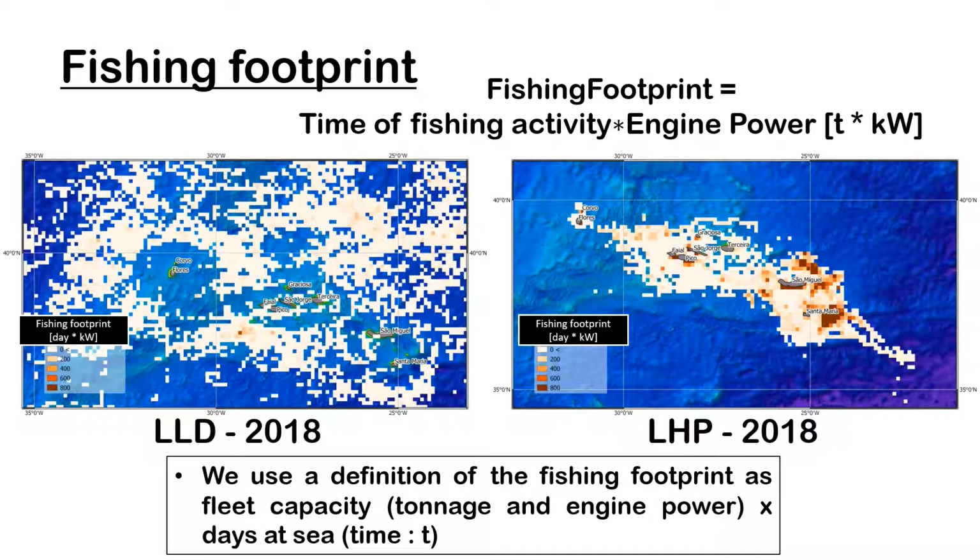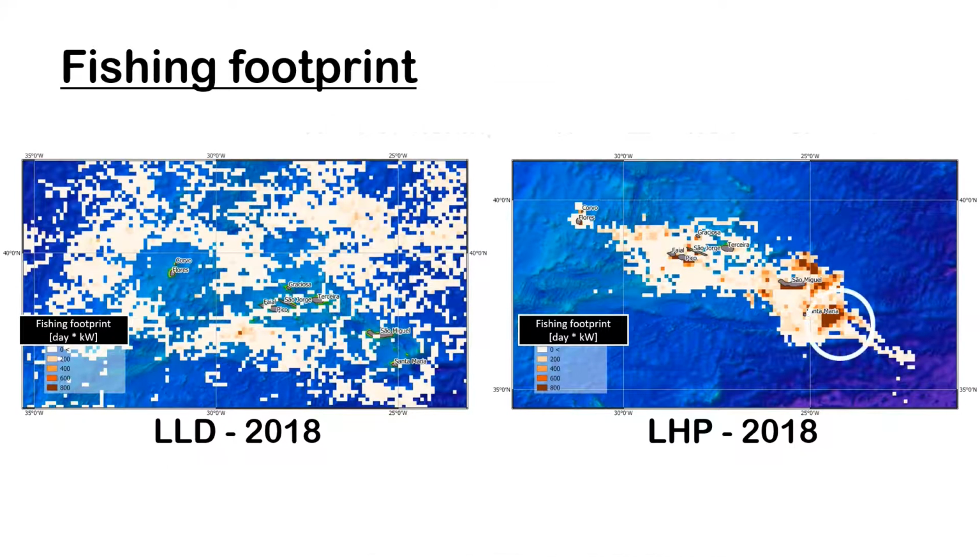According to these results, here is an example of a fishing footprint map over the Azores for the pole and line and the drifting long line techniques in 2018. You can see an extensive effort east of Santa Maria's Island for the LHP, which is more spread out for the LLD. You can note the effort displayed close to the islands, which is believed to be fishing for live